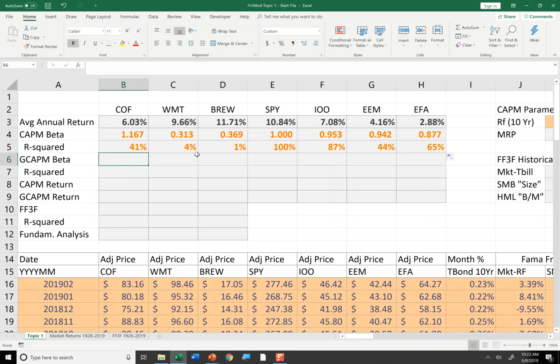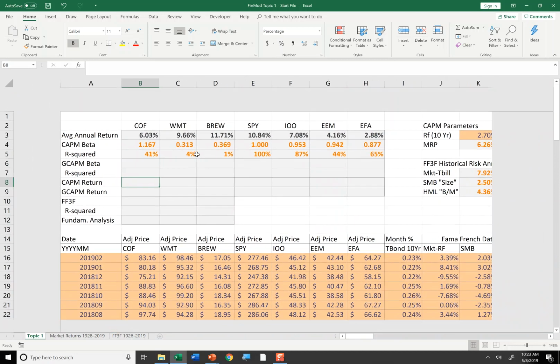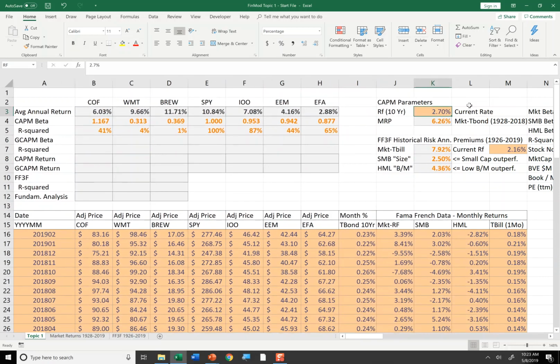I can now calculate the CAPM return. I'm going to zoom out a little bit. I'm going to assume the current risk-free rate using today's Treasury is 2.70. Notice if you click on that cell, looks like I have a cell reference there, RF. So if you click on any cell inside Excel, you can type in a cell reference, say RF, enter. Now I can refer to that cell anywhere in my worksheet or any of the workbooks and just say my CAPM formula is going to be RF, which is going to reference that cell in K3,